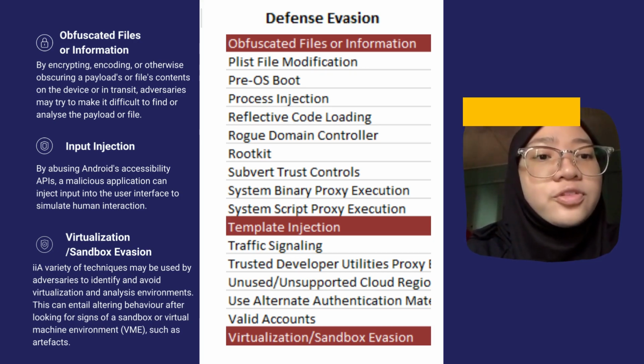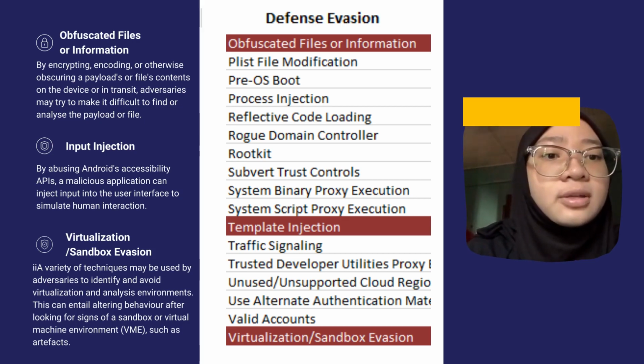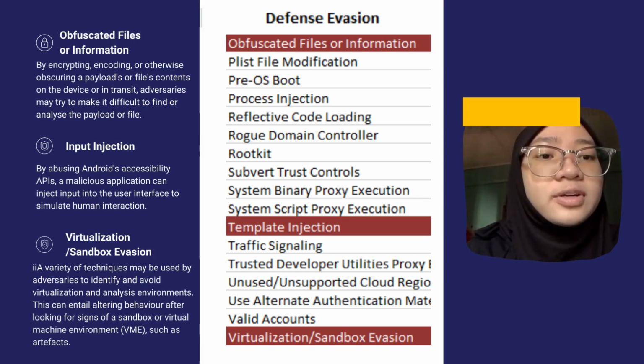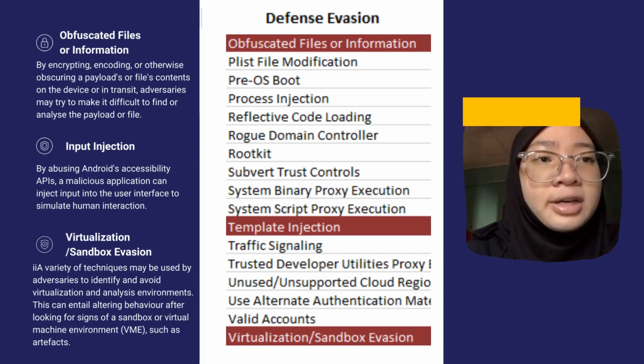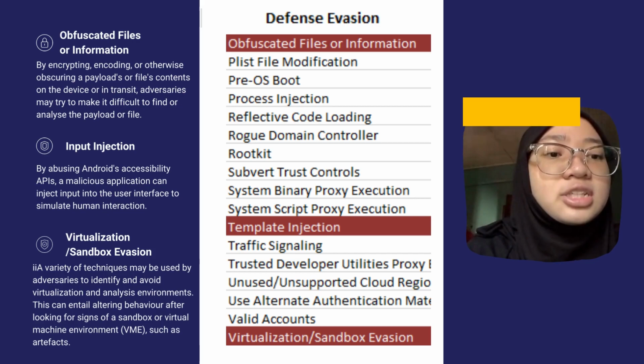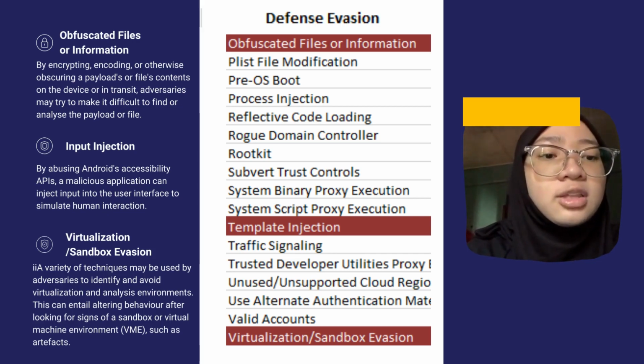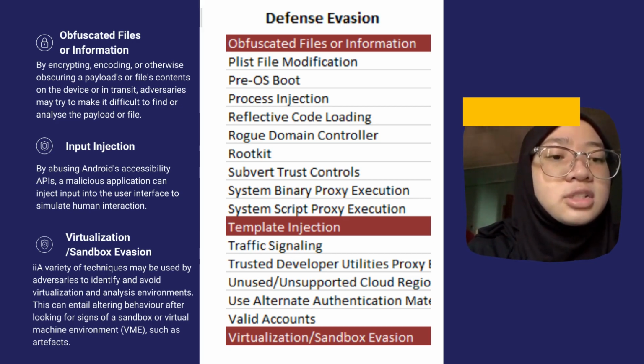Firstly is obfuscated files or information. By encrypting, encoding, or otherwise obscuring a payload's or file's contents on the device or in transit, adversaries may try to make it difficult to find or analyze the payload or file. Next is input injection. By abusing Android's accessibility APIs, malicious applications can inject input into the user interface to simulate human interaction. And lastly, under defense evasion,